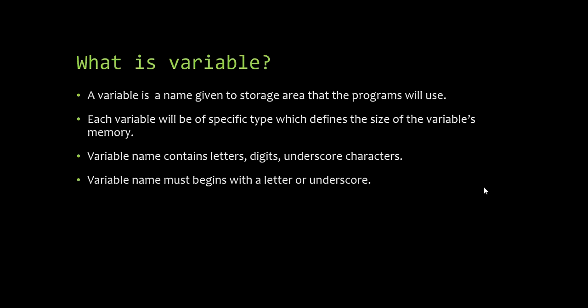The variable name must begin with a letter or an underscore. We have used letters, and later on numerics also, like in f1 and c1. We can also start our variable name with an underscore, but we cannot start a variable name with a digit, and we also cannot define a variable that is a reserved keyword of the C language.